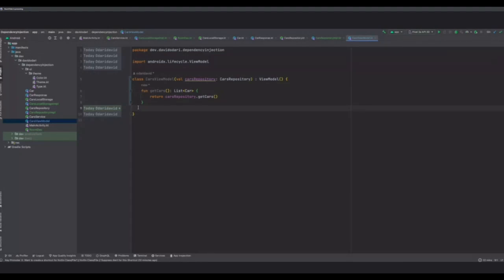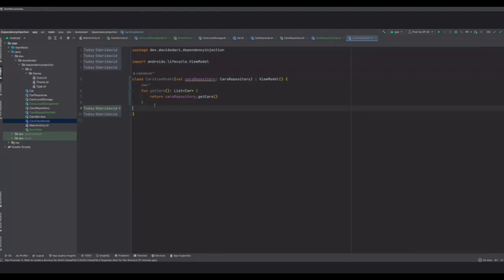Hilt was brought forth, and it removes a lot of the noise, I'd say, that you'd see with Dagger, a lot of the complications, or having to be a super expert at debugging and figuring out what's the issue with your DI framework.